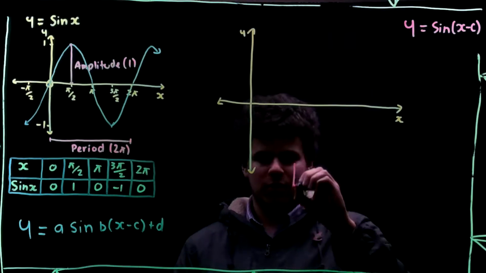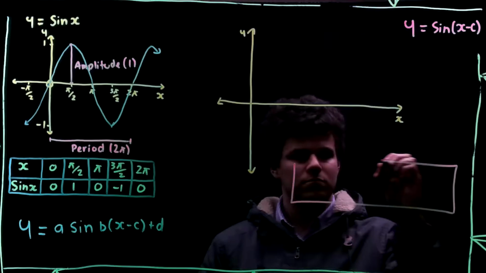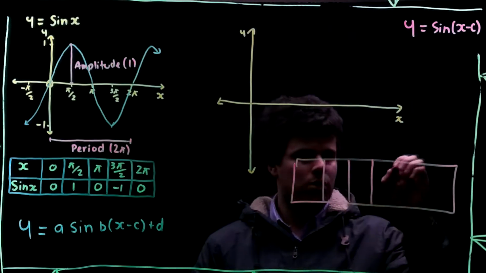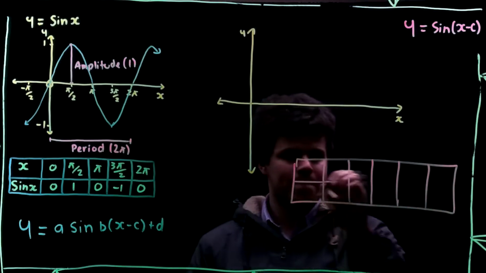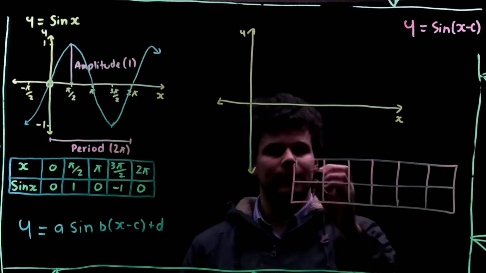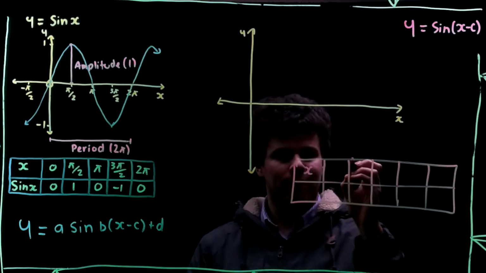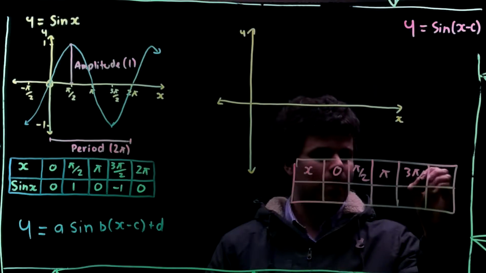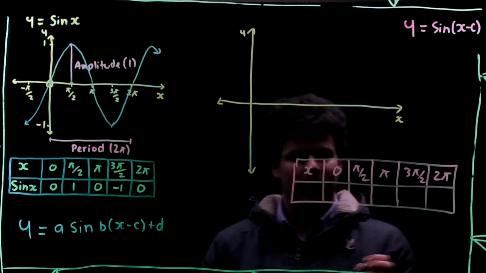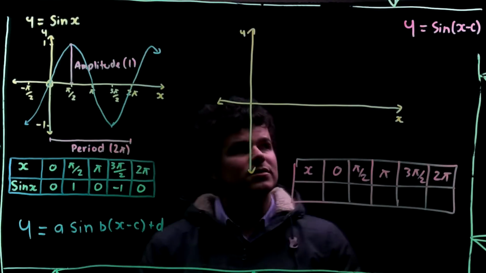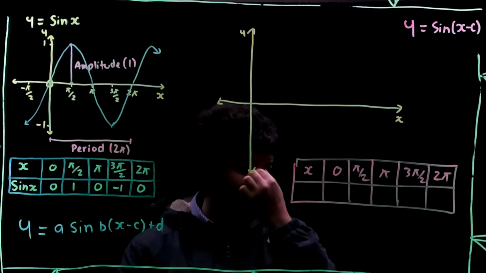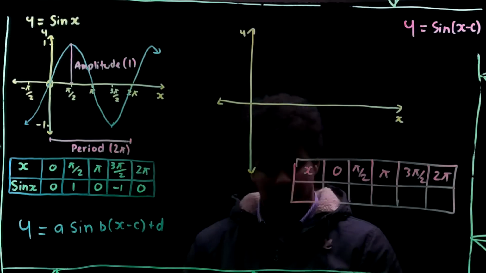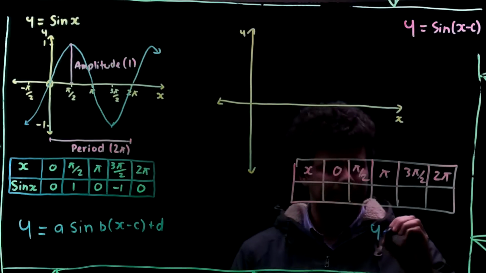Let's draw in a quick table. Let's put in what it normally would be. Normally we would have 0, pi on 2, pi, like that. Now, let's change that. Let's actually make our c equal to pi on 2. So let's make our function